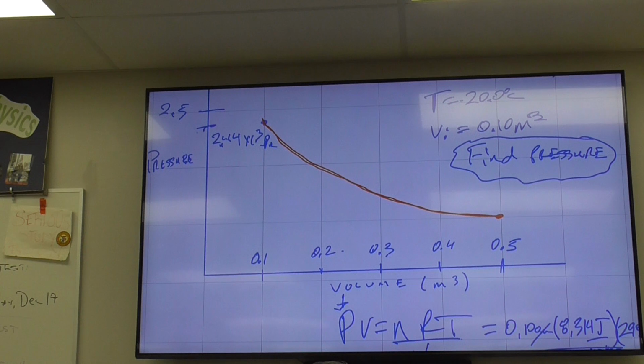So, if it had been a horizontal line, you could find the area, simple, right? It's a rectangle, right? So what units would you end up with if you were to find the area underneath that line, assuming that pressure is in newtons per square meter, and that volume is in cubic meters? Newton meters, otherwise known as joules, which is otherwise known as energy